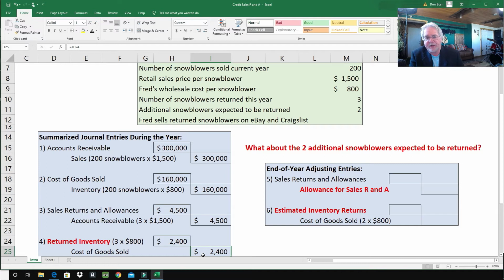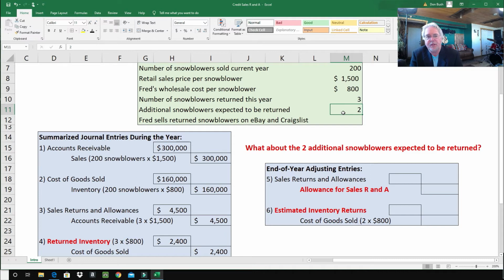Now we're coming to the very end of the year, before Fred creates his financial statements. And Fred is going to do end of year adjusting entries. These are only done right before you do your financials. So here we need to consider these 2 snowblowers that have not yet been returned, that Fred doesn't know who the customers will be, and he doesn't know when they'll be returned. But he just has this strong feeling that